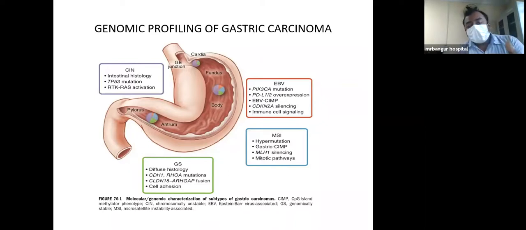And if we come down from the cardia to the body, in the case of the body, Epstein-Barr virus association is found, along with microsatellite instability. In the last part, that is in the antrum, we will find that mostly diffuse type of histology is found, and basically these are genomically stable, and CDH1 or RHOA mutations are found there,